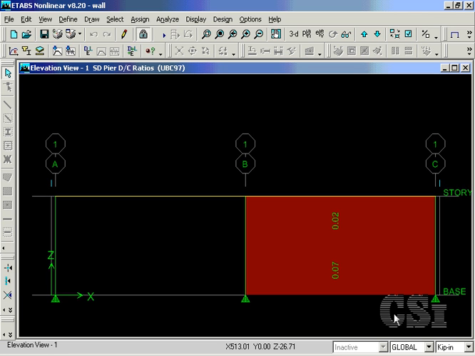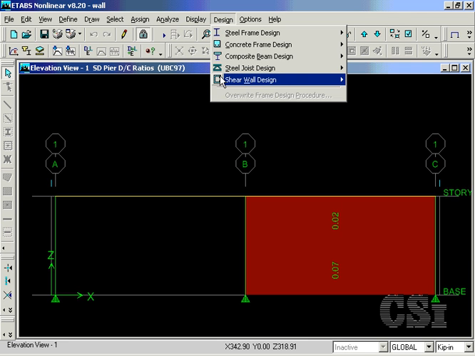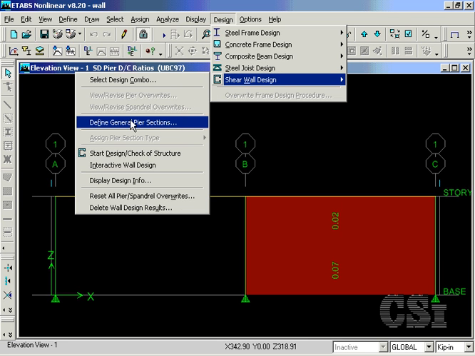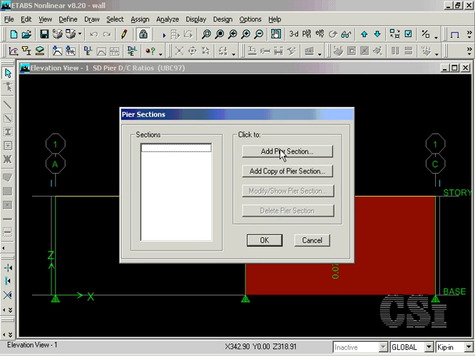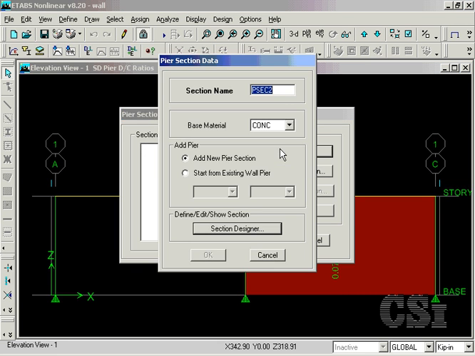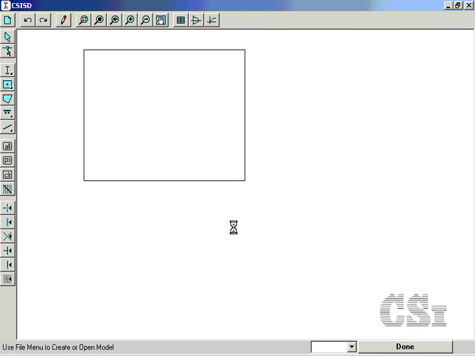Next, we will use the General Reinforcing option. However, prior to assigning this type, we must define the section using Section Designer. This is done through the Define General Pier Sections command. We will add a new pier section, but we will base it on the existing P1 wall pier geometry. Click on the Section Designer button to edit or modify the section,